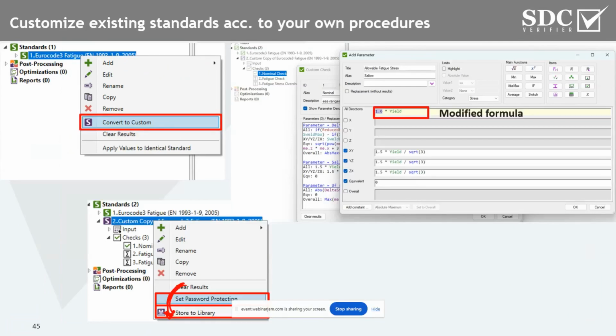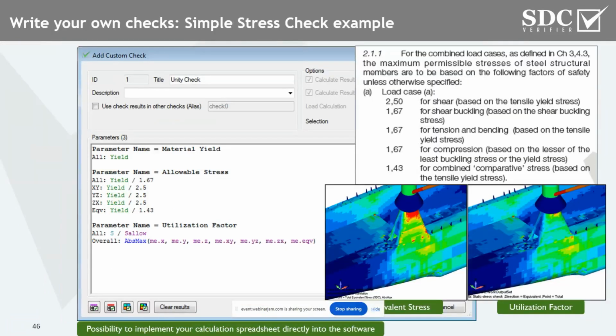Alternative situation is that you can write your own checks. For example, like in case of this simple static stress check example. Because receiving basic stresses, of course, is not enough. For example, when following